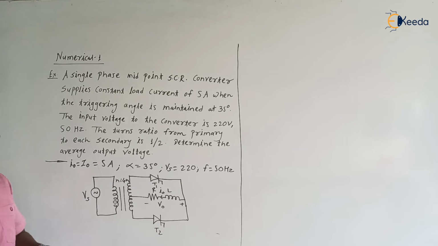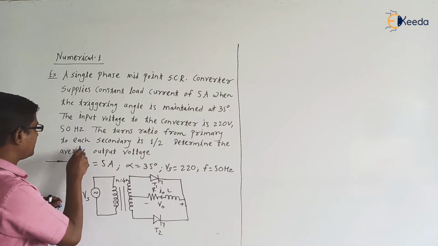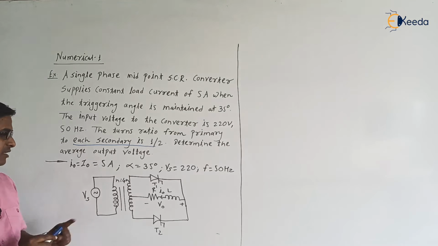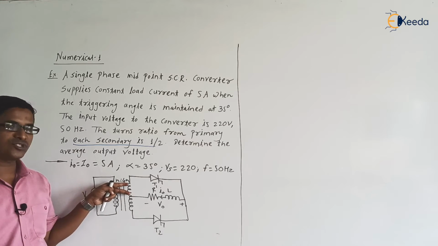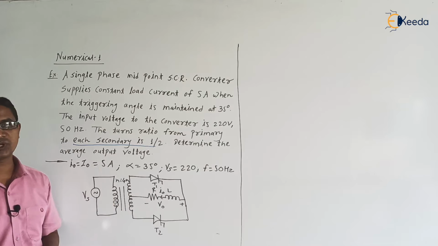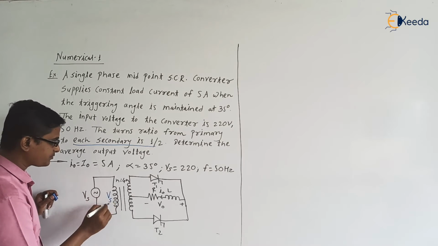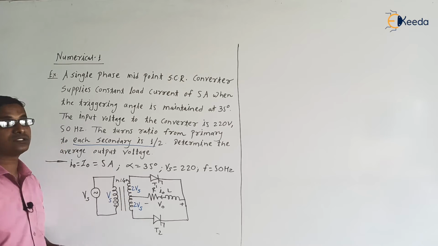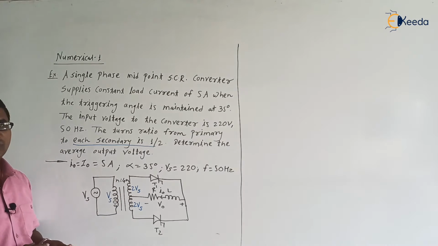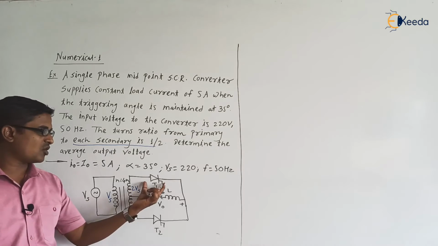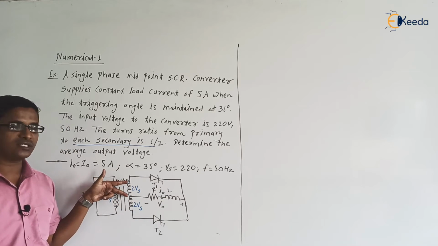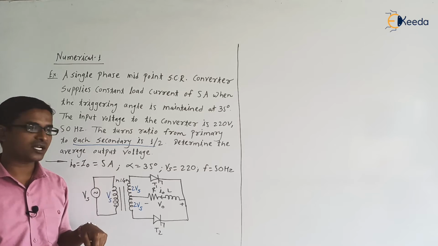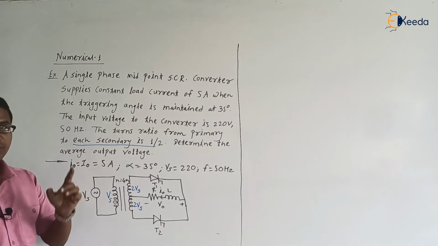Because they have given the primary to each secondary, right? Each secondary is very important. Turns ratio is 1/2. So primary n, so that's why the half portion of the secondary will be 2n and here it is 2n. So if voltage here is Vs, in this portion we will be getting 2Vs, and in this portion we will be getting 2Vs. So please be careful, this is very important, because as we know, when this thyristor is in the on state, V0 will be the same as the voltage appearing in the secondary. But what is the voltage that is appearing in the upper half portion of the secondary winding? It is 2Vs now. So please try to understand.